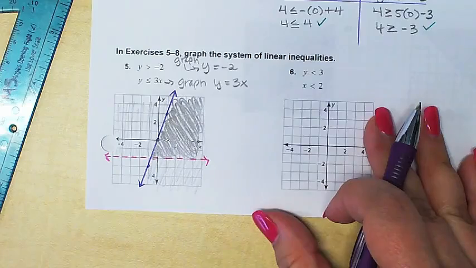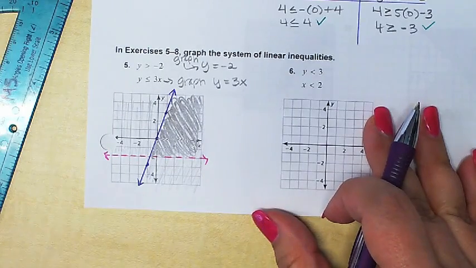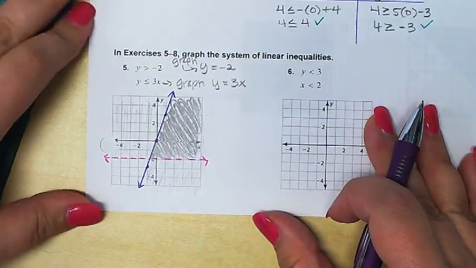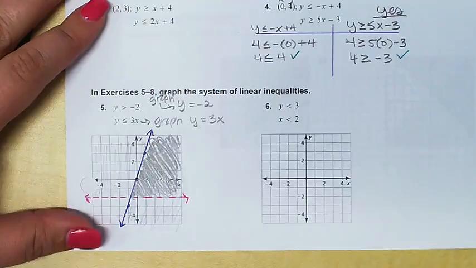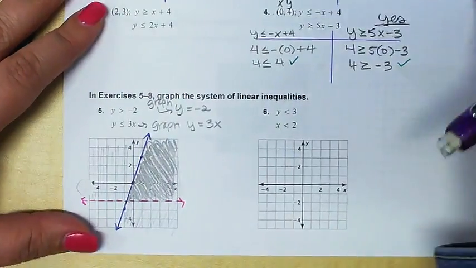And that's really what you're doing today. This is how you solve a system of linear inequalities. And then you can pick any point in that region. You could test it like we did up here. That's what you would be doing if you were testing any point to make sure that your answer is correct. Okay, let's flip it over and let's try